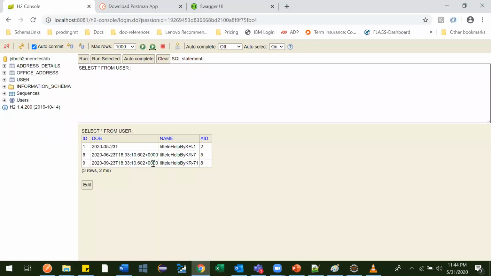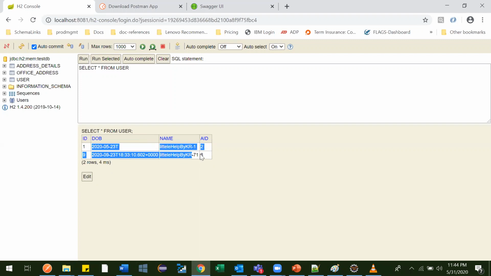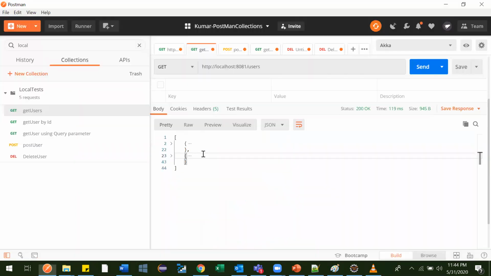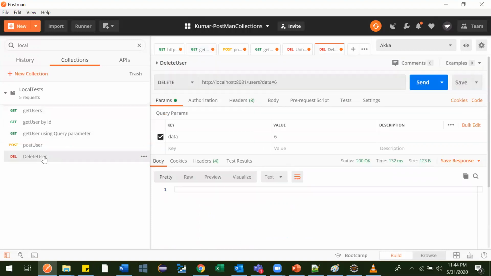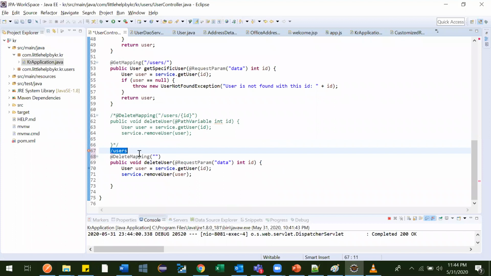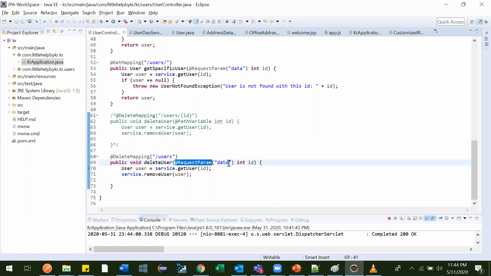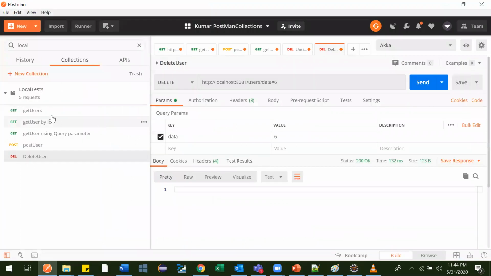Now when I run this again, you can see that one record got removed, meaning one user got deleted from the database. This is how delete works, and this is how the developer has defined this API. We need to provide the ID as a query parameter, and then it will delete that specific user.